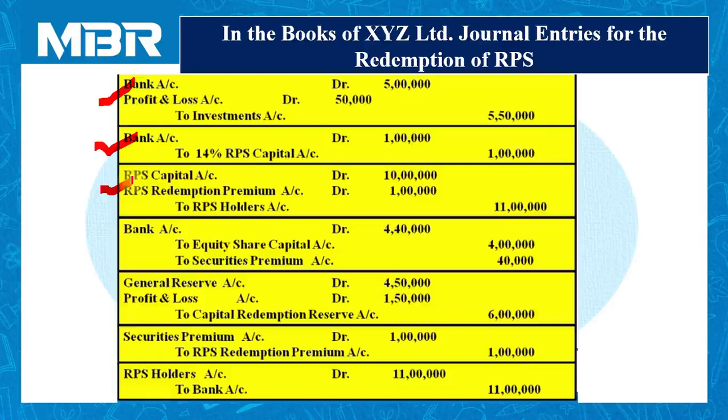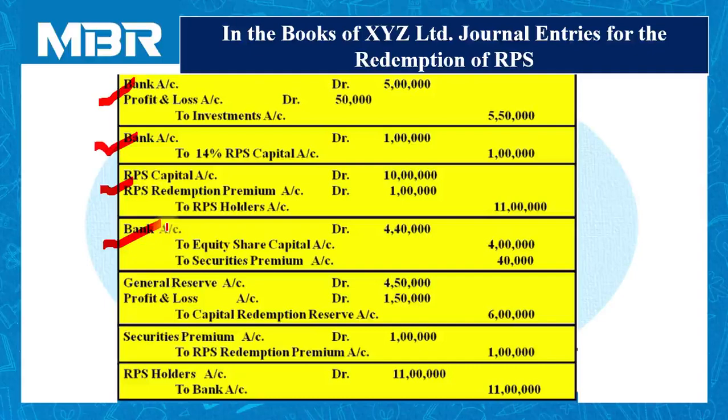After calculation of the number of equity shares to be issued by the company in order to adjust the closing balance, we came to the conclusion that the company needs to issue 40,000 equity shares of rupees 10 each. Journal entry for that issue: bank account debited rupees 4 lakhs 40,000 to equity share capital account 4 lakhs, to